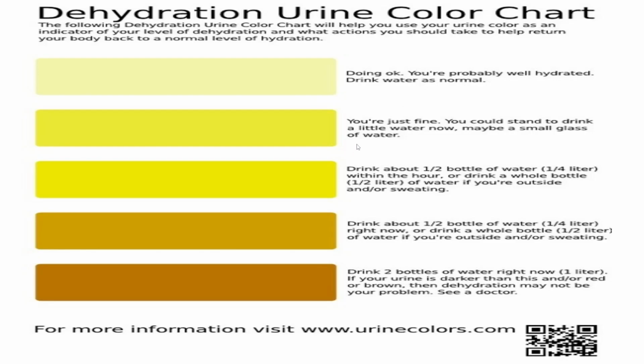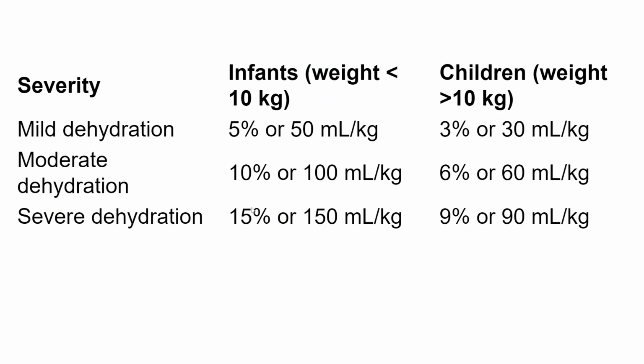Dehydration can also be assessed by the urinary color, and there is a standard urine color chart. A dark colored urine is a definite sign of dehydration, because you may not be able to assess the quantity of urine output in 24 hours in a patient with dehydration. So if you look at the urine color, that can be made out, and there is a standard color chart of urine assessment for fluid loss. With this universal standard, you can compare it with the urine color of the patient and make out the possibility of the urine output.